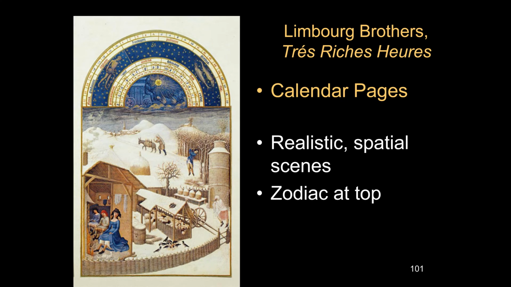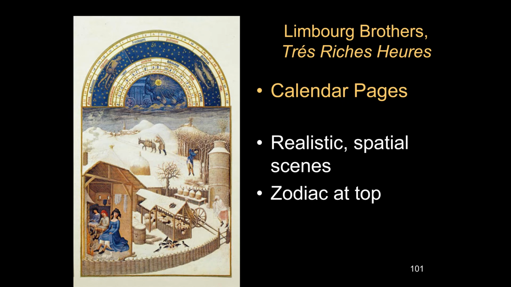And here is another one of the scenes. This one's February, and we will take a closer look at that. This shows you some of the peasants at work. These, I must say, are very prosperous peasants, but you do see them at work, and they become very realistic. And this one has really a very accurate or very believable sense of recession into depth.